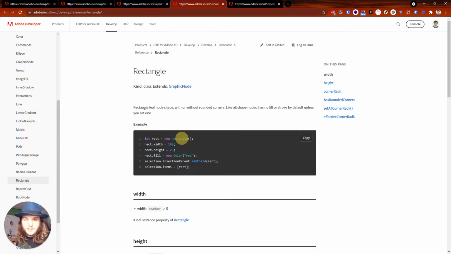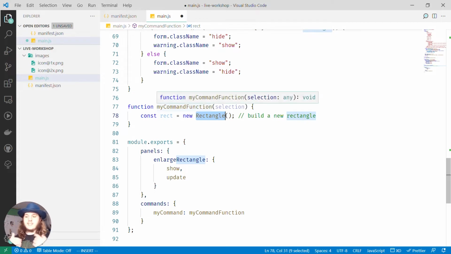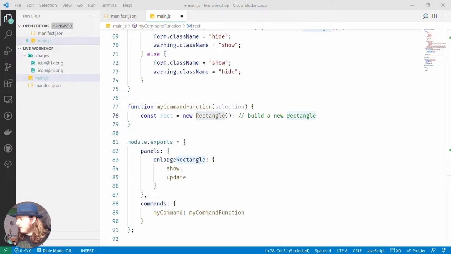We can just create a new rectangle, right? So we say we have a constant called rect, and we just say it's a new rectangle. This still isn't part of our document, it's just like an abstract representation, so to speak, of this rectangle. But before we can actually insert it into our document, we first of all have to specify a few more